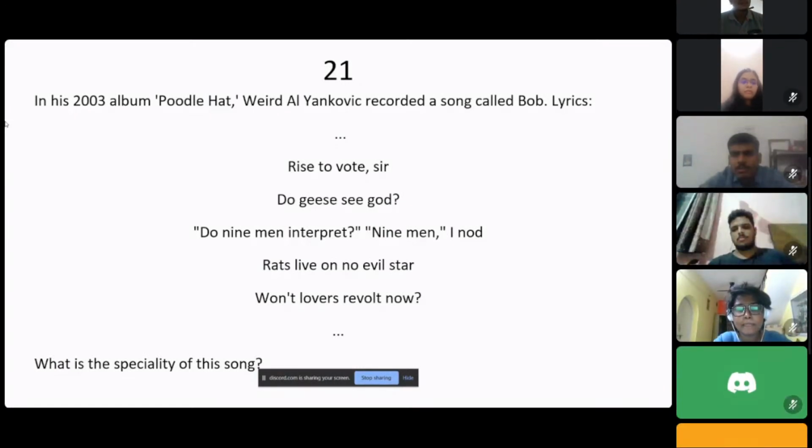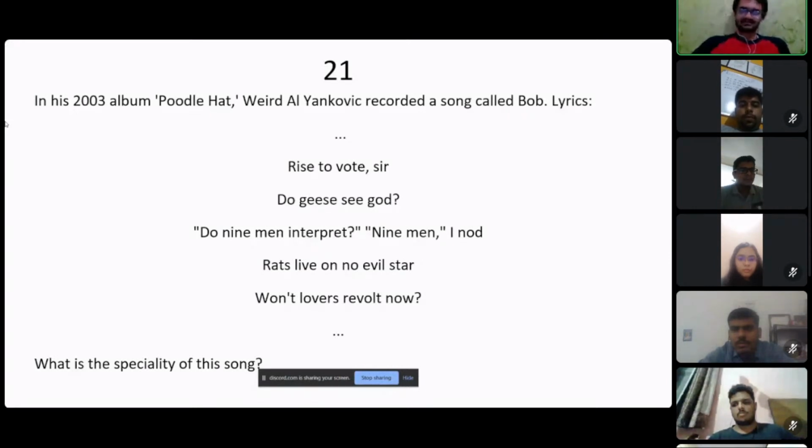The answer is all over the question. This is the verse. This is the whole song, and the whole song has this seen in each and every verse. This is just one of the verses, because of course we cannot put the whole song in a slide.